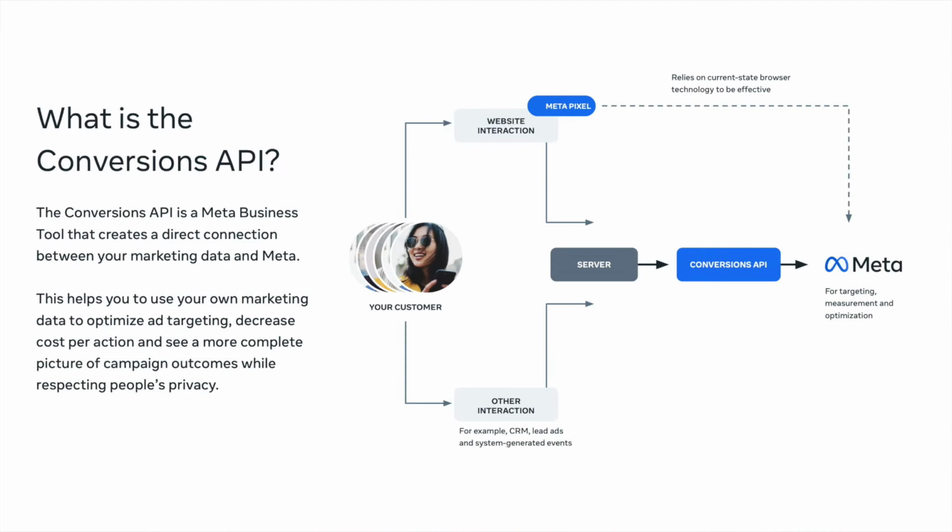What is the Conversions API? Yes, the Conversions API at a core level is the ability to pass data through an alternative method. So historically, what we've always used is what we call the client side, or perhaps the browser side, right? You had this pixel that you would put on your website, and that would allow for a payload to be generated within the browser and sent through that browser.